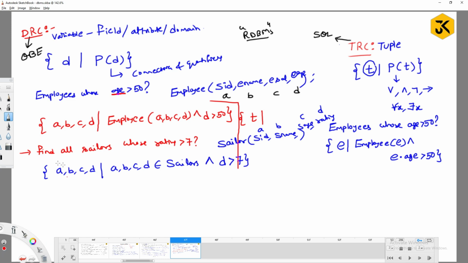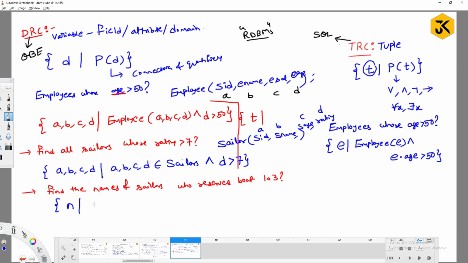Write out the query for another one. Find the names of sailors who reserved boat 103. Right? So here what are we expecting? We are expecting names, meaning a single attribute. So for a single attribute, can I give some name? I am giving the name, suppose for example, N. The name of the attribute as N, right? Sailor name, S name as N, I have given, right?